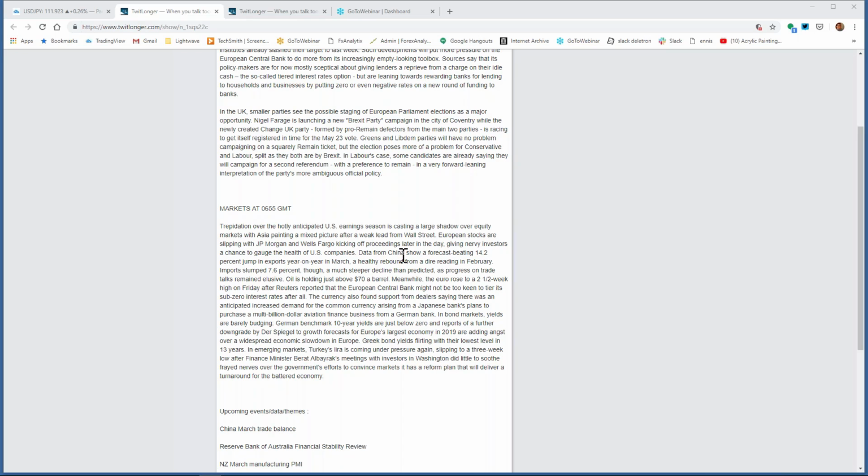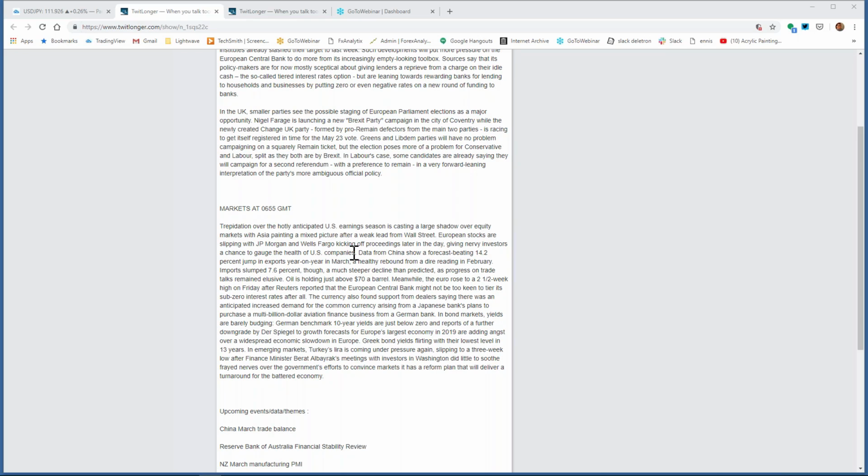As far as markets, trepidation over the hotly anticipated U.S. earnings is casting a largely cautious shadow over equity markets, with Asia painting a mixed picture after a weak lead from Wall Street. European stocks are slipping, with J.P. Morgan and Wells Fargo kicking off proceedings later in the day, giving nervy investors a chance to gauge the health